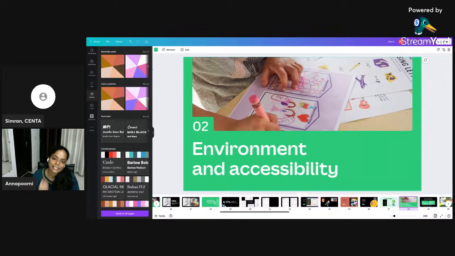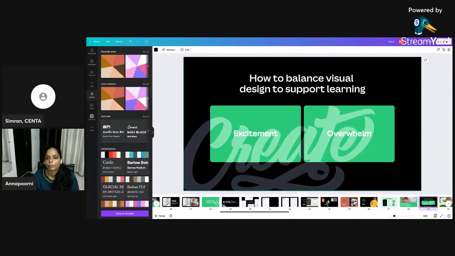Okay, so the next thing. We first spoke about emotion. The second thing that we wanted to speak about is accessibility. So when you create a visual design that needs to support learning, what do you want to do? Do you want to excite students or do you want to overwhelm students?